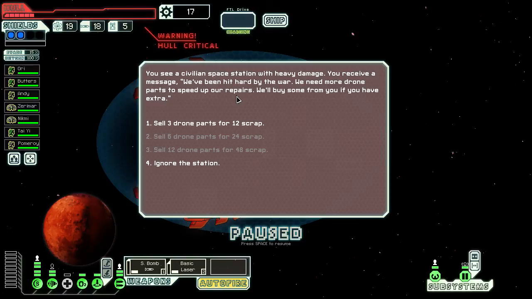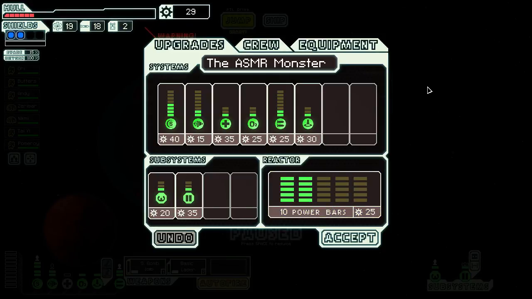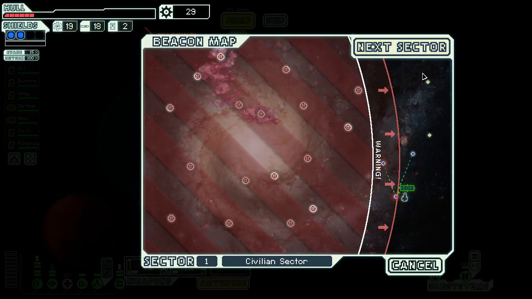You see a civilian space station with heavy damage. You receive a message. We've been hit hard by the war. We need more drone parts to speed up our repairs. We'll buy some from you if you have extra. Yes, we will sell 3 of our drone parts for 12 scrap. I could buy this right now, but I won't actually. I will wait in case we get to a shop early on the next sector, which we're going to go